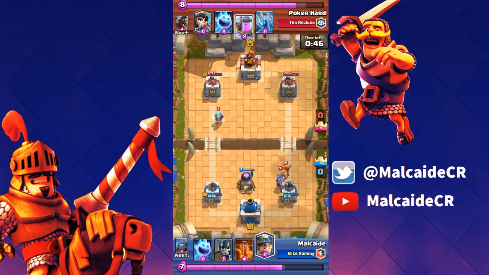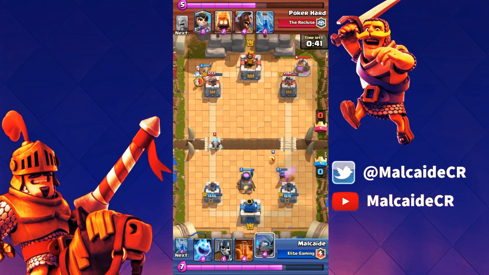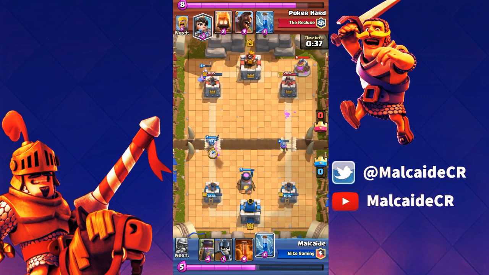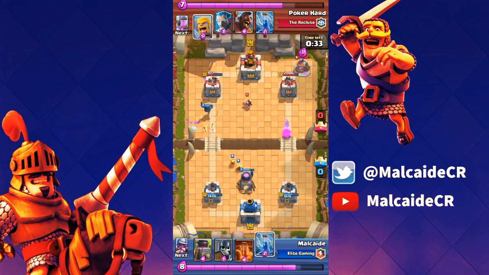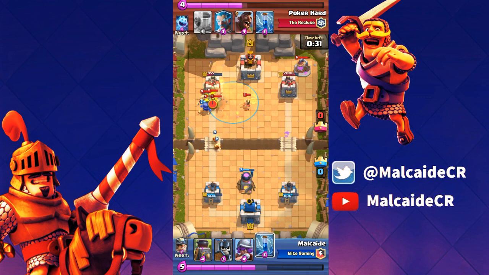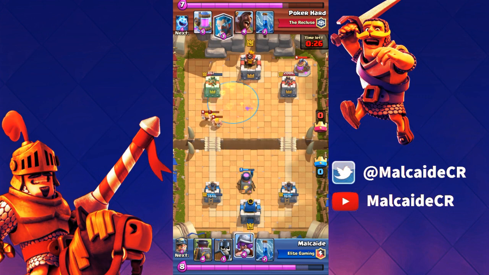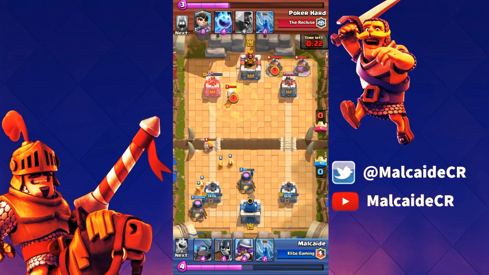And my towers are kind of low, but what can you do, right? I go for the Miner there just to cycle a little bit, and I end up defending this Ice Wizard with my Mini P.E.K.K.A, and look at this Ice Wizard, guys. That's value. That Ice Wizard, sorry, Ice Spirit. What the fuck, Ice Wizard? The Ice Spirit was value, killing the Fire Spirits and making the Mini P.E.K.K.A so big of a threat